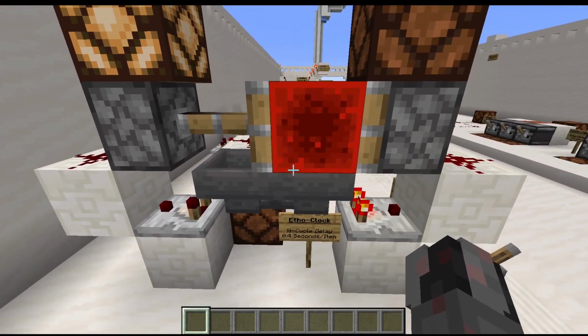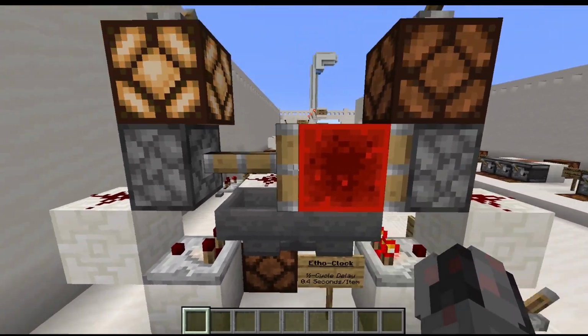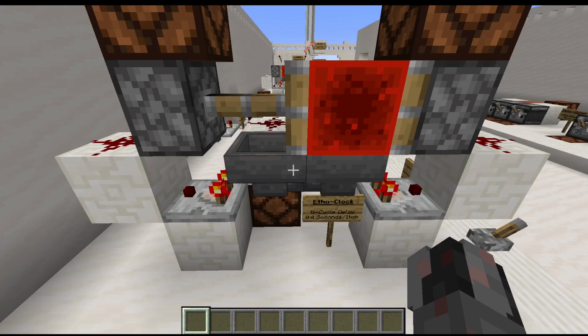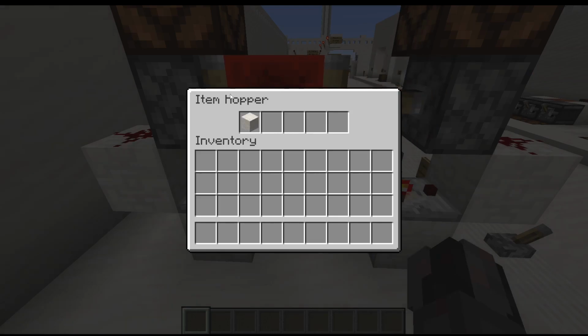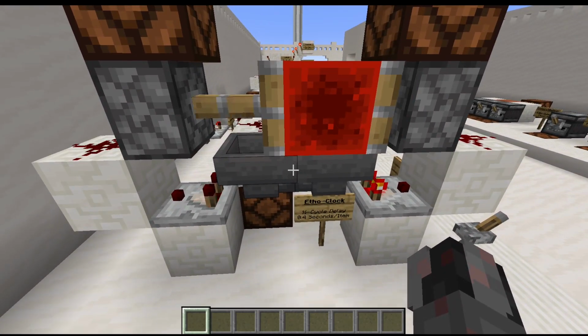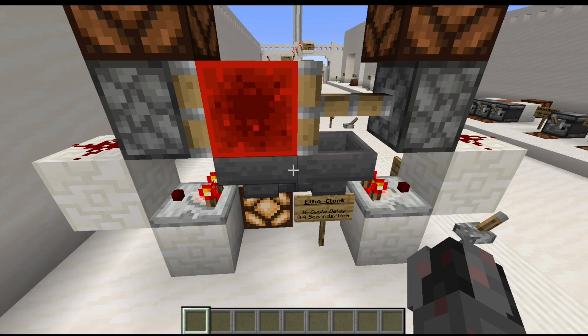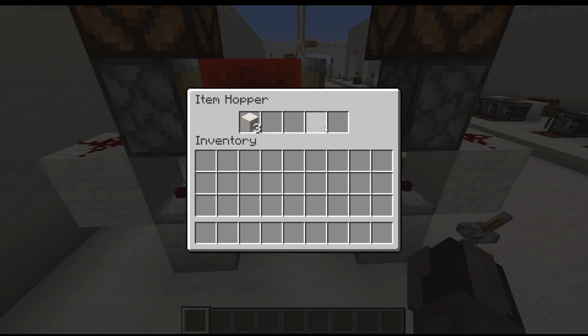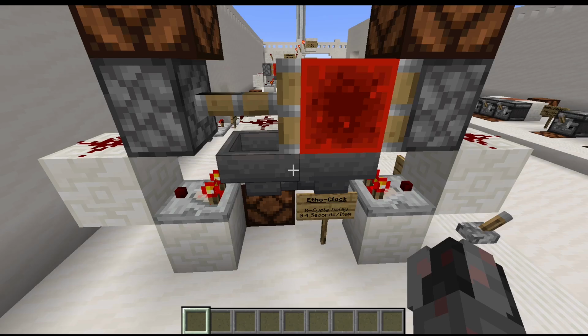that is the Etho-Clock. Now the Etho-Clock is a hopper-based clock that, when I unlock it, you will see how it works. So I have 2 hoppers here facing each other, and they have a certain amount of items in there, and they are basically moved from one hopper into the other. Then the system flips and the direction reverses. The number of items in here determines how long each of those half cycles is. So 0.4 seconds for each item. With 5 full stacks, you are at about 21 minutes for each half cycle, which is a lot of delay